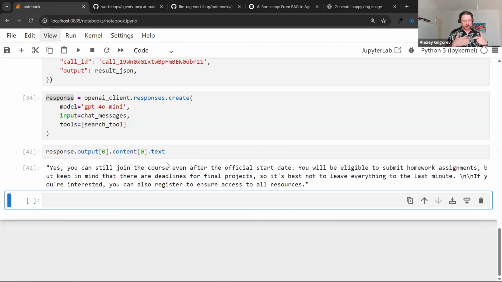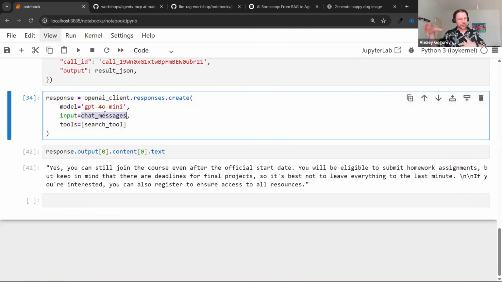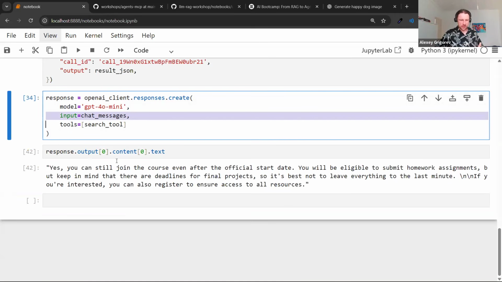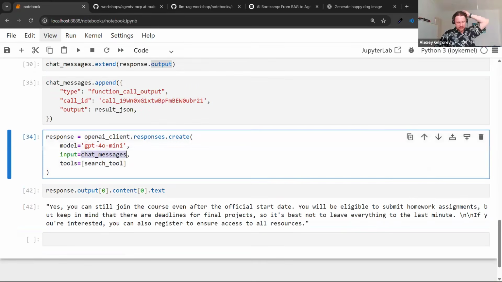So what happened, it made a decision to invoke the function. Then we invoked it. Then we added everything to chat messages. So this is how it keeps track of the things that have been happening. And then it shows the final result. So the reason we need to add this is